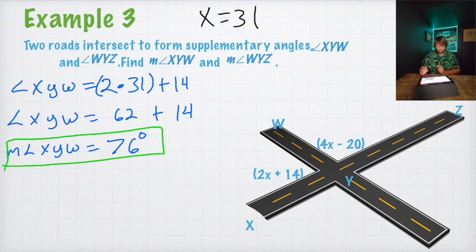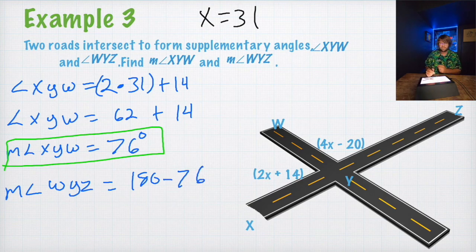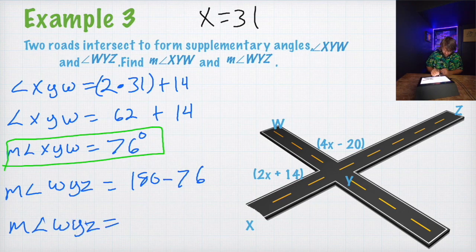So that's really easy to solve for the second one because all we have to do is take 180 minus 76. So I'm going to say the measure of angle WYZ equals 180 minus 76, which gives us the measure of angle WYZ equals